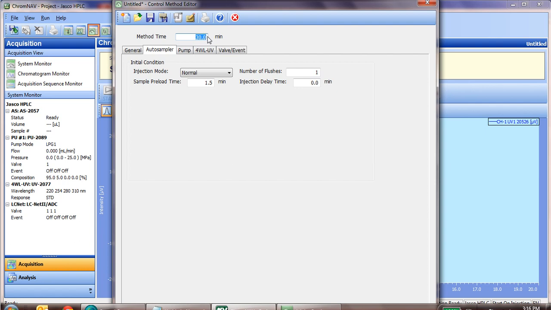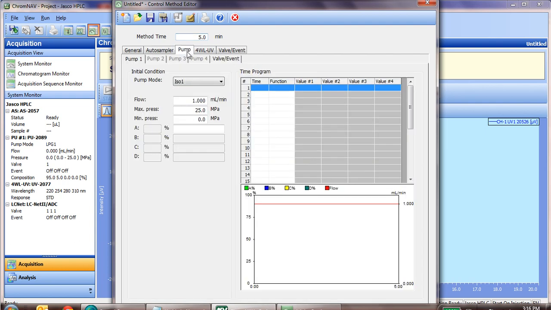Depending on how long we want to set the method, we can type that in up here. For example, in our method, we're going to run for 5 minutes. So let's go to the pump tab. Now within the pump tab, you'll notice we have 4 different pump options, as you remember from the configuration, and